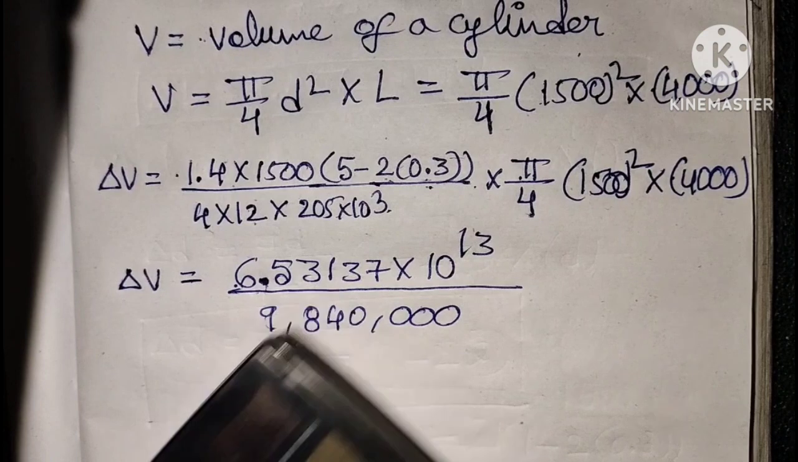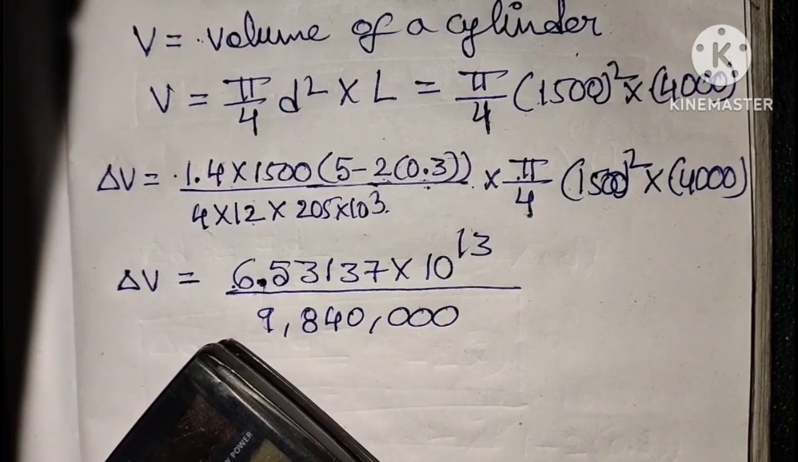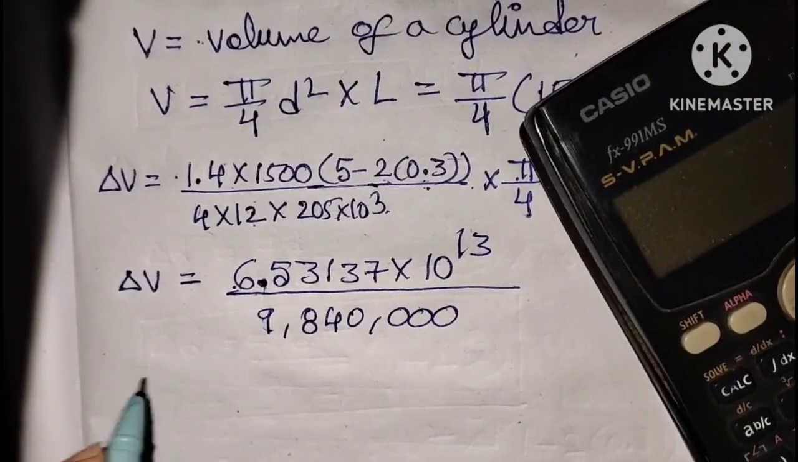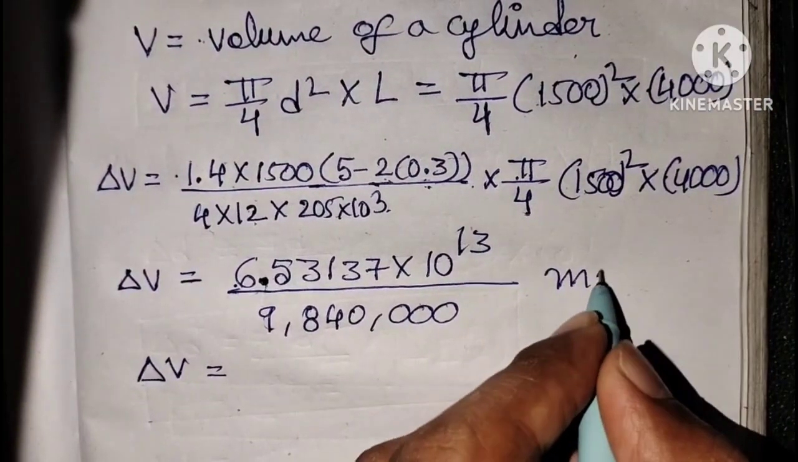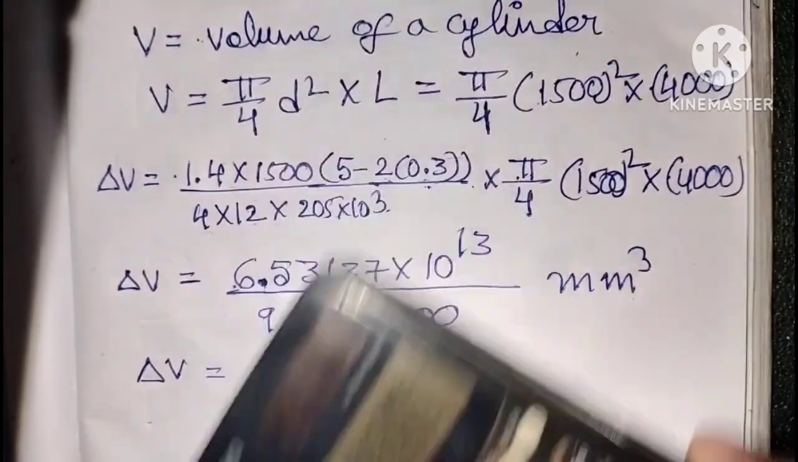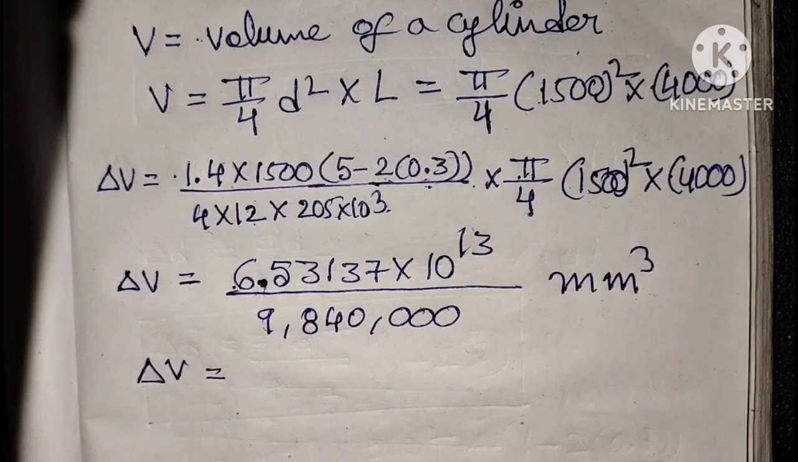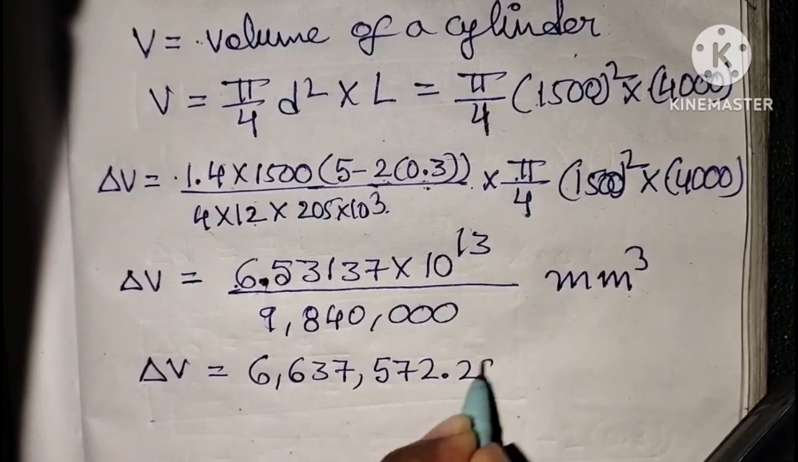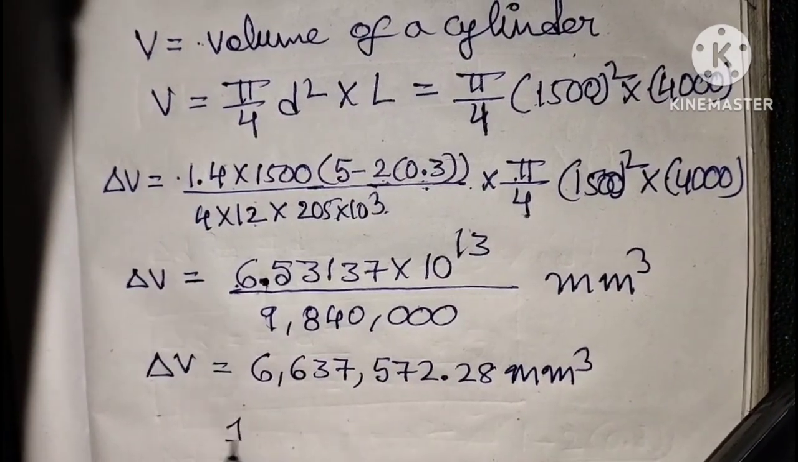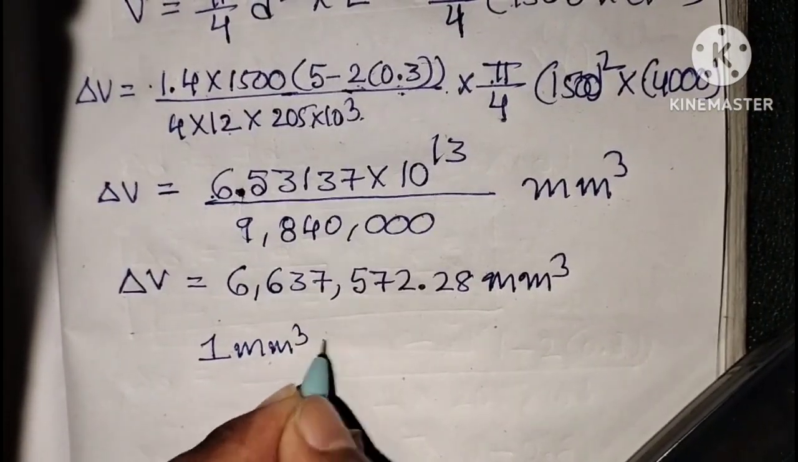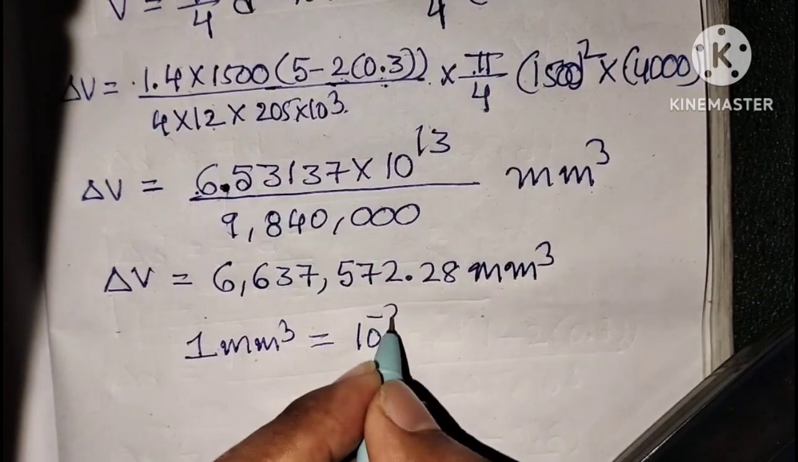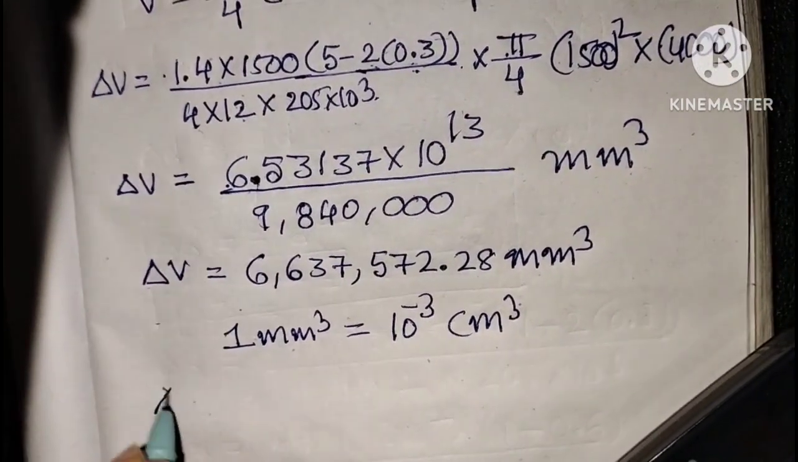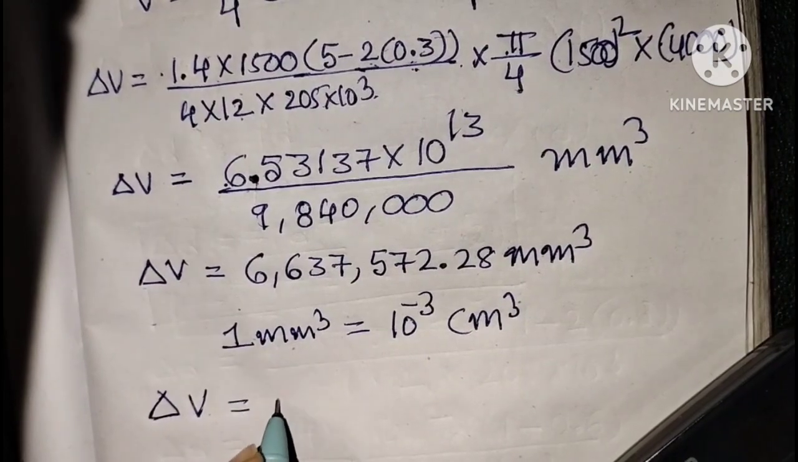whole divided by 48 into 205 into 10 cube, or you can write 9,840,000. So you will get delta V as, you know here unit is mm cube. You will get delta V as 6,637,572.28 mm cube. We know that 1 mm cube is equal to 10 power minus 3 centimeter cube. So therefore change in volume in cubic centimeters is